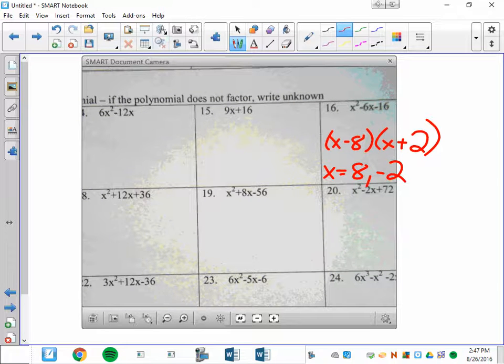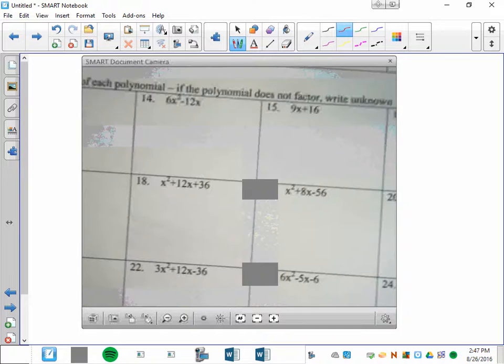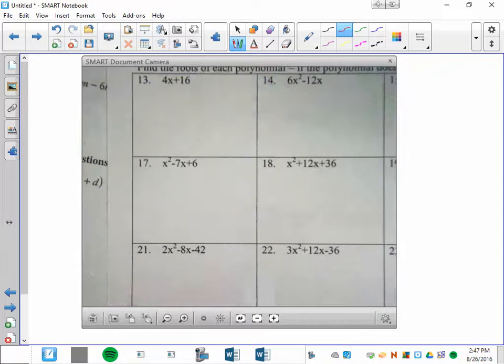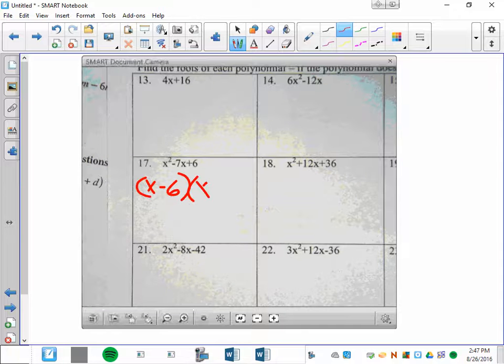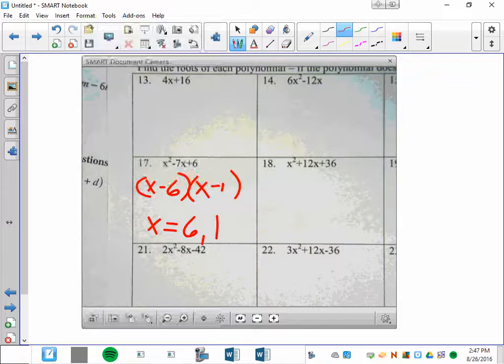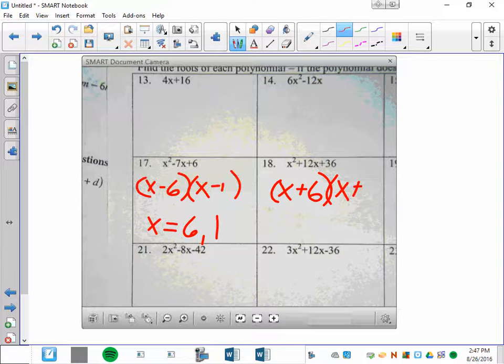Okay. Number 17. Are there factors of 6 that add to be negative 7? Negative 6 and negative 1. So the roots would be 6 and 1. Okay, what about the next one? Six and 6, so the roots are